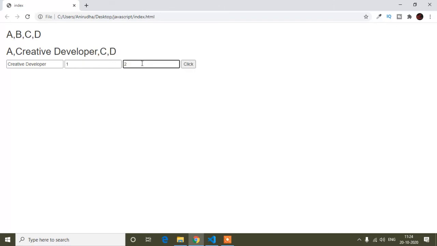And in the same way, suppose you want to write here 3, that means it will not be changed from position 3, that means 0 1 2 3, it will not be changed from D. So let's see. You can see it's changing B and C, but it's not changing D, because I have written that it will not be changed from position 3. D is position 3 and it will be changed from position 1, that means from B, because B is position 1, 0 1. So that is the array fill method.